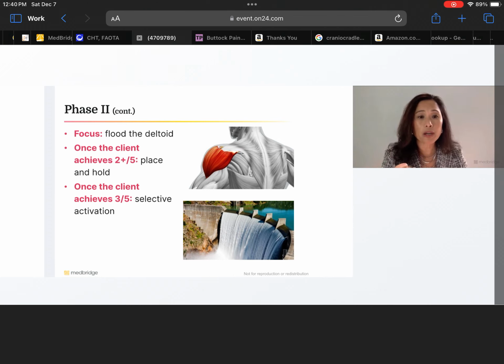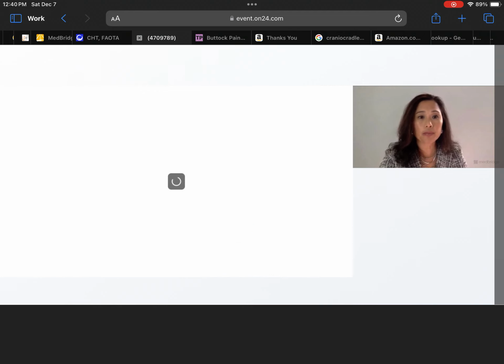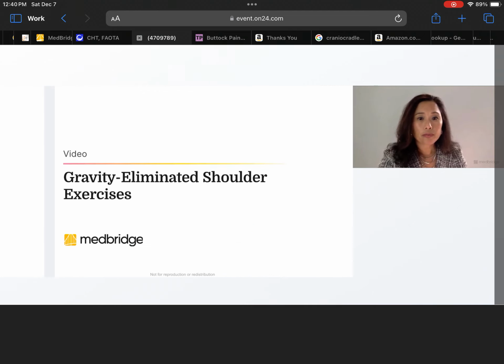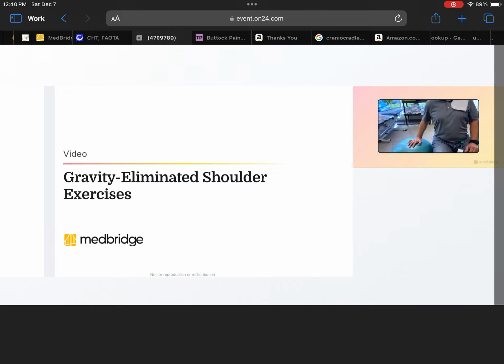Now once the client is able to achieve over half range of motion in a gravity limited position, you could start doing place and holds to the deltoids. And then once they can now raise it against gravity, you can work on that selective activation. Okay, so let's look at some of the gravity,